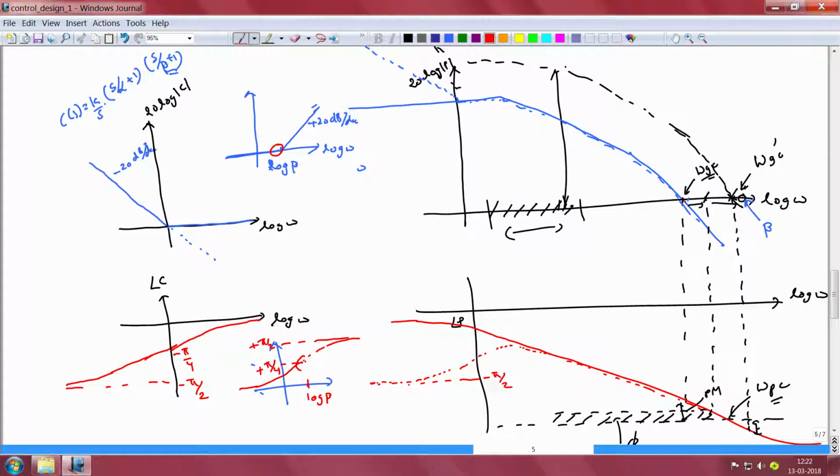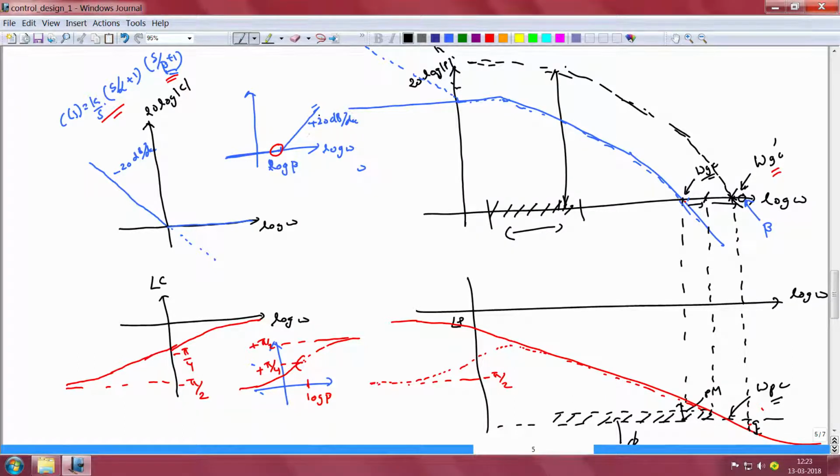So what we can achieve therefore by multiplying the already existing PI controller with the term of the kind s by beta plus 1 is that we will be able to add a phase lead of plus 45 degrees in the vicinity of the gain crossover frequency omega gc prime, but as far as the magnitude characteristics at frequencies below omega gc prime are concerned, it remains unaffected. So the magnitude characteristics will be exactly as it was before and as has been indicated by this dotted curve on the top for frequencies up to omega gc prime.